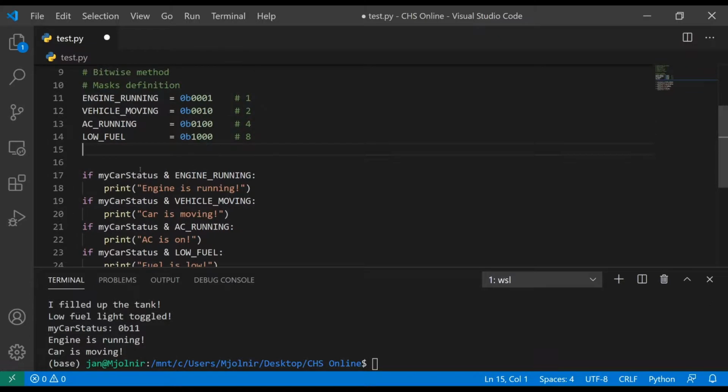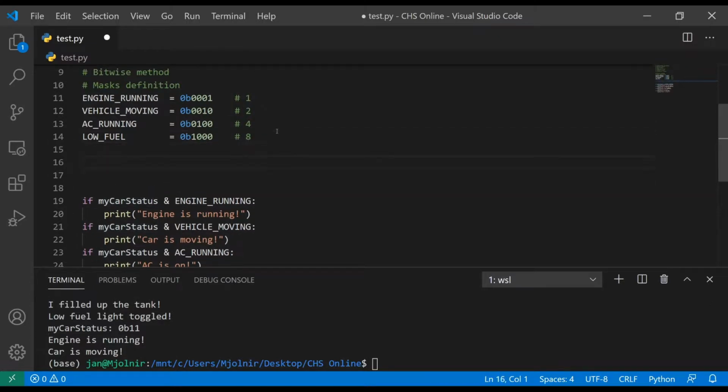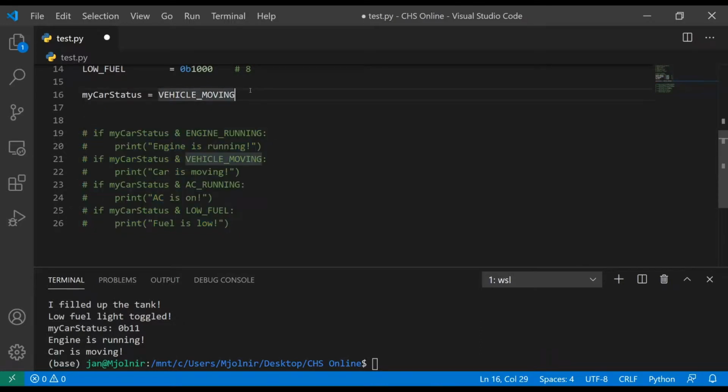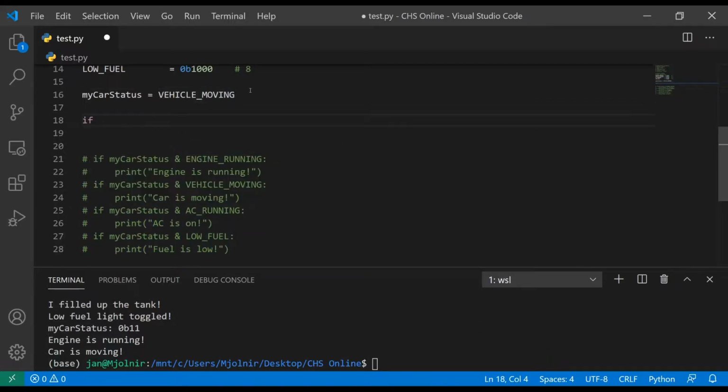Let's say what we want to do is set the car status like this. Let's say the vehicle is moving, but that's all it's doing. If the vehicle is moving but the engine is not running, we're going to want to identify that, right? So let's do this. We could combine these. We could do if, let's open this up, my car status and vehicle moving